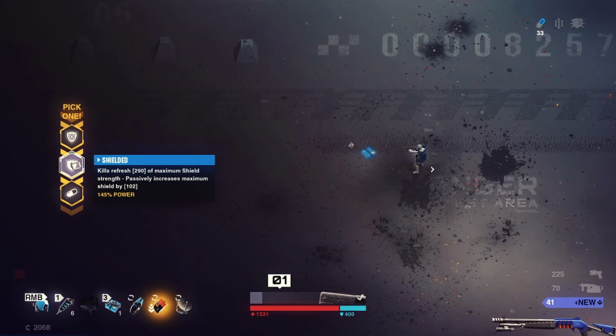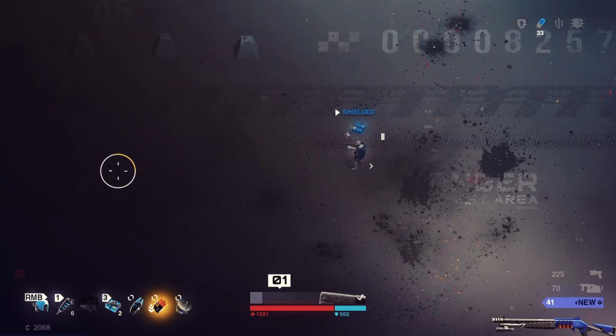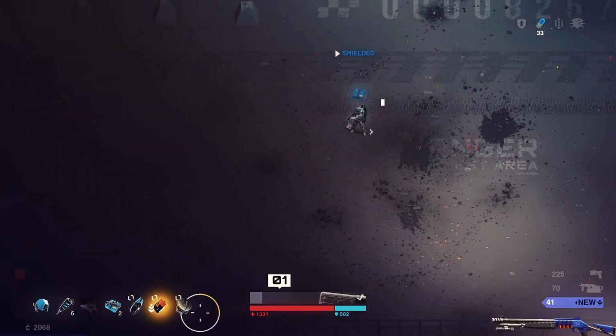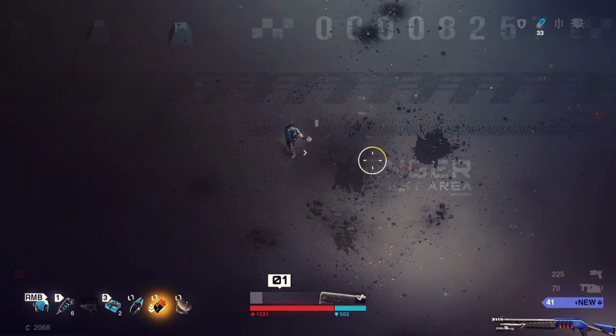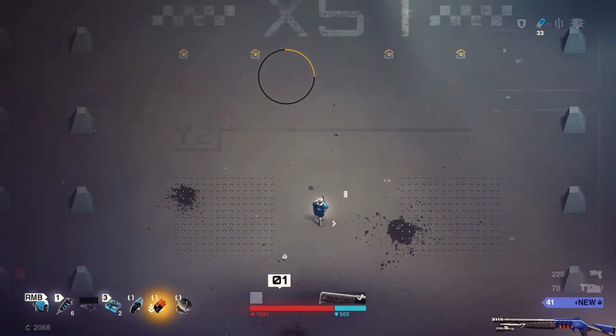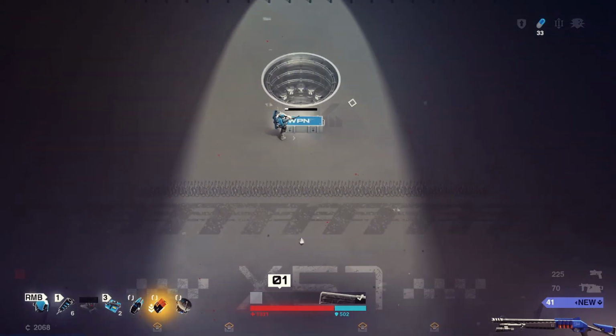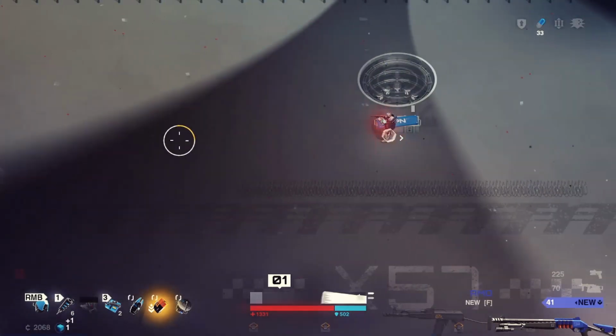It's not a cube, I don't know how many sides it has, but it allows me to upgrade stuff. And that one said kills refresh my shield, and it increases my shield strength by 102. So I said hell yes, please, because shield strength is everything, I feel like. But yeah, it also allowed me to...